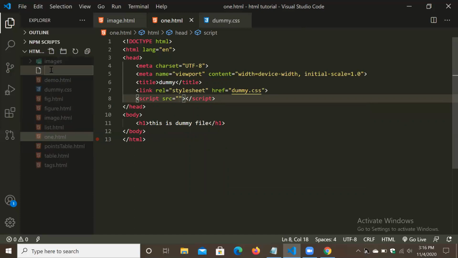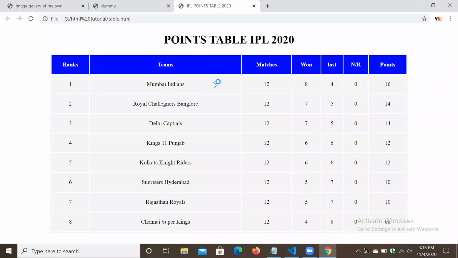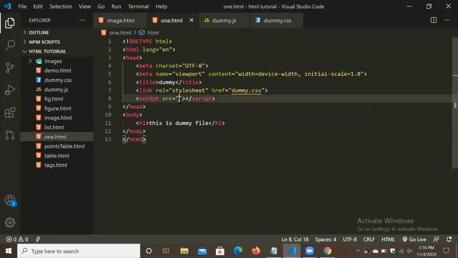Just for example, dummy.js. So we have created one file, dummy.js. We can add this here, script src dummy.js. Like that we can add an external JavaScript file to our project also.